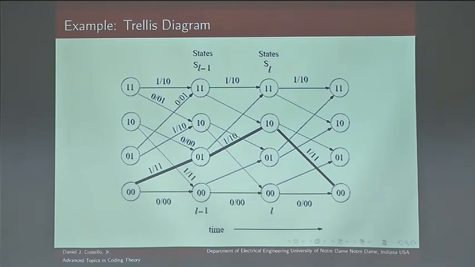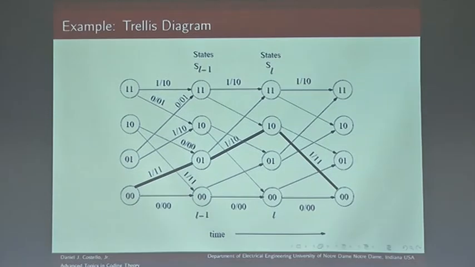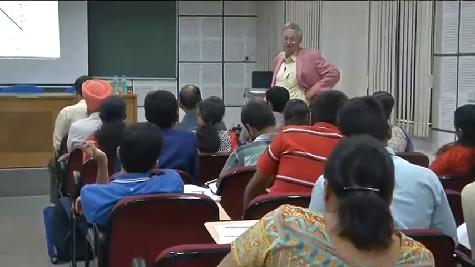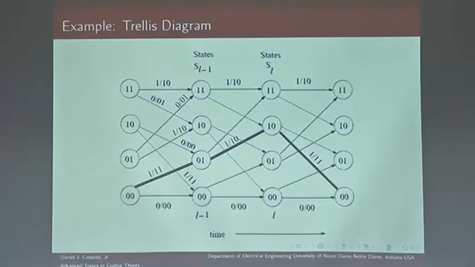Which again is a feature of feedback encoders that is different from feed-forward. If you have a feed-forward encoder with memory M, you always need M zeros at the end to get the encoder back to the 0 state, because the encoder state is just filled up with inputs. So to get back to 0, you need M zeros. But with feedback, that's not true. So actually, we start in the 0 state, we put in 3 ones, and we get back to the 0 state in this example. So the feedback encoders are not quite as intuitive as the feed-forward encoders, but they're basically